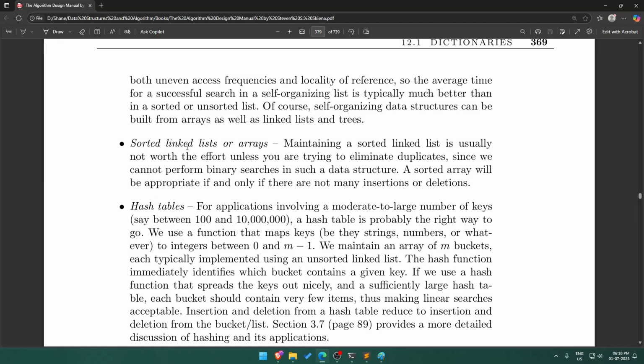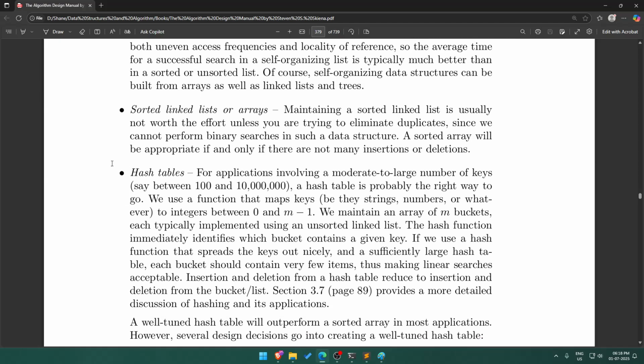Okay, sorted linked lists or arrays. Maintaining a sorted linked list is usually not worth the effort unless you are trying to eliminate duplicates. Since we cannot perform binary search in such a data structure, a sorted array will be appropriate if and only if there are not many insertions or deletions. Hash tables. For applications involving a moderate to large number of keys, a hash table is probably the right way to go. We use a function,